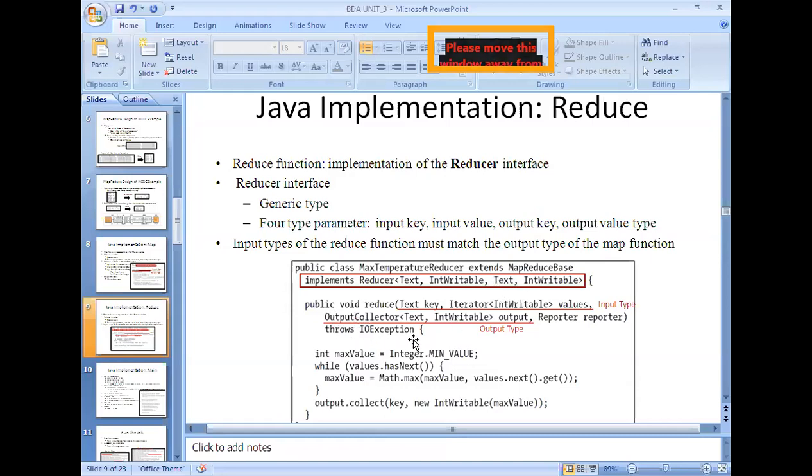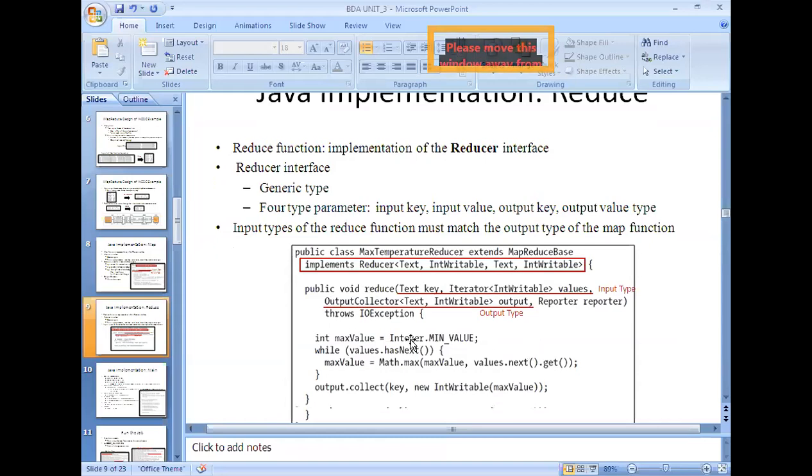All right. Now, the reduce method. What does the reduce method have to do? In our case, the reduce method has to find out the maximum temperature in the year. It has a consolidated list of the temperatures recorded for that year.